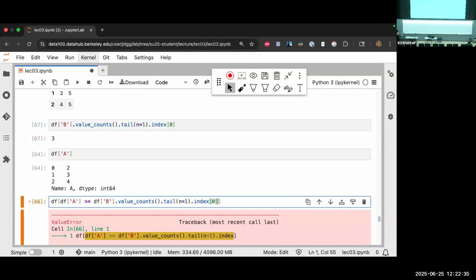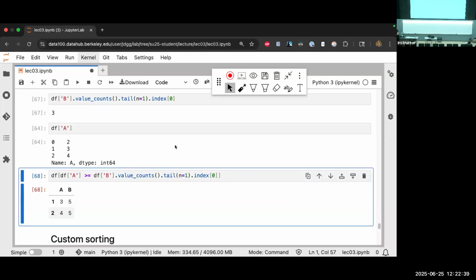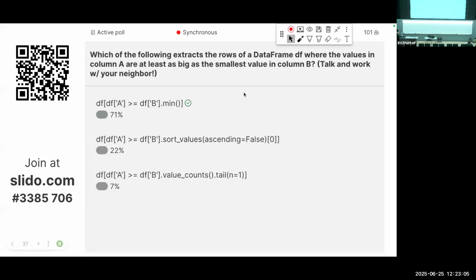Is that a realistic thing that you'll necessarily be doing on the fly? No. Is it useful for understanding how these functions work? Yes. Notice there's a lot of massaging going on in data science. This is very common in exploratory data analysis. When you're writing production code, the massaging isn't so great, because that is not the most readable code. There's probably a better way to do that. But when you're working on your own, you might be doing lots of massaging like this. Let's go back to the lecture and we'll wrap up with custom sorting and then a quick taste of what's coming next time.